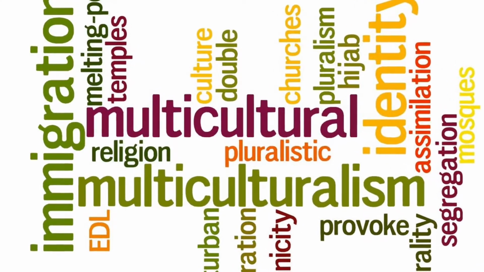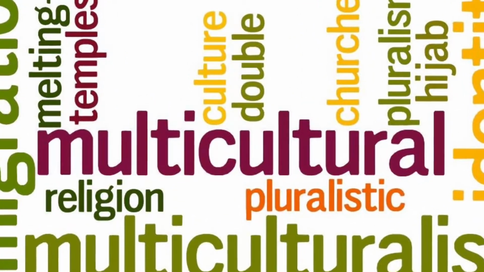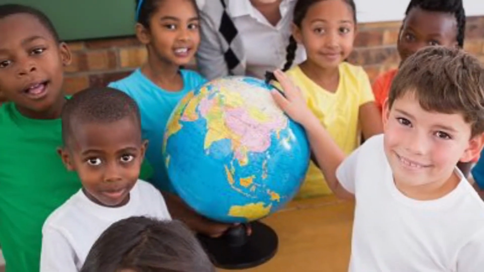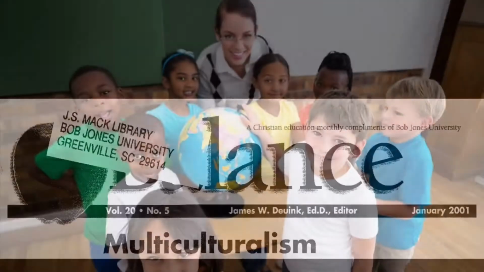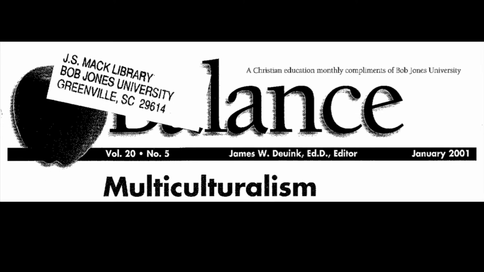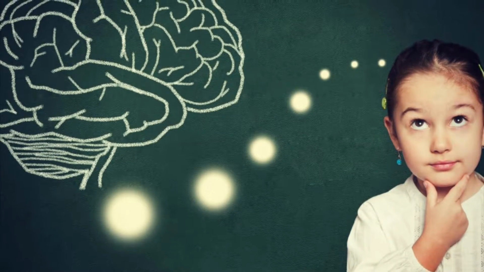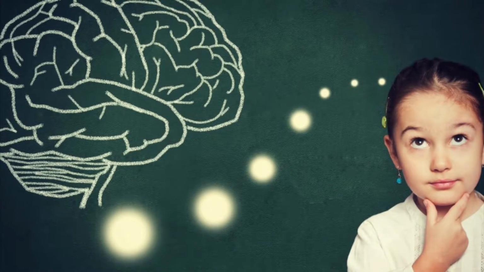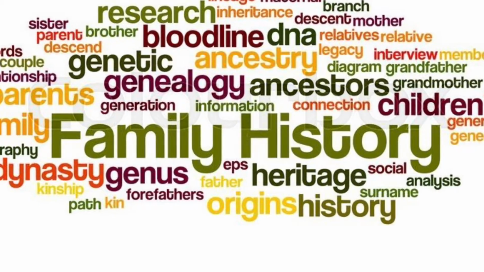The most important aspect is to define multiculturalism. This is the most important because it shows the students what exactly multicultural is, and defining it can be a great beginning of a lesson. An example stated in an article by James Dewink says, "Multiculturalism then is there should be an awareness that other cultures do exist, have a right to exist, and do not have to conform to ours to be acceptable. This definition paves a pathway for students to have a better understanding of multiculturalism and to understand it in their future lessons."